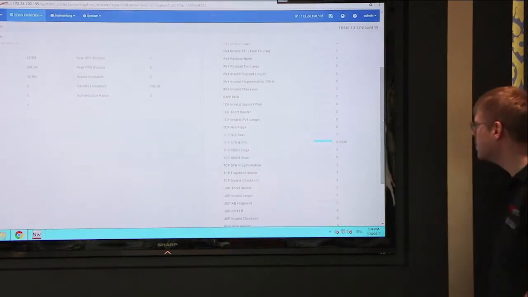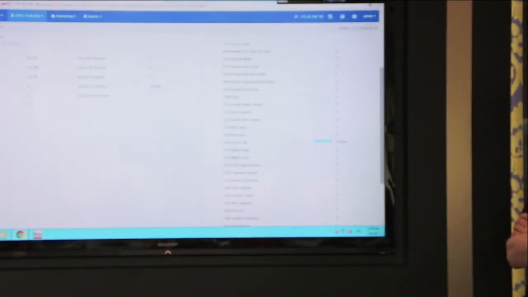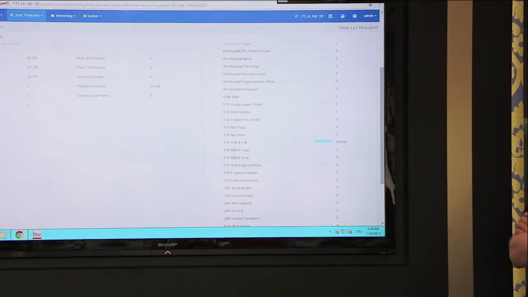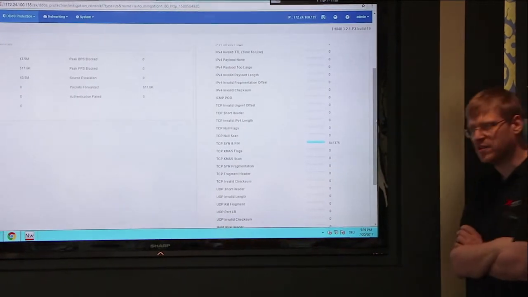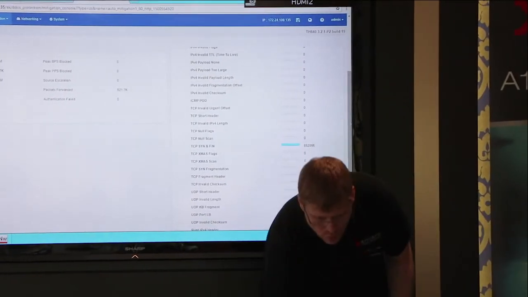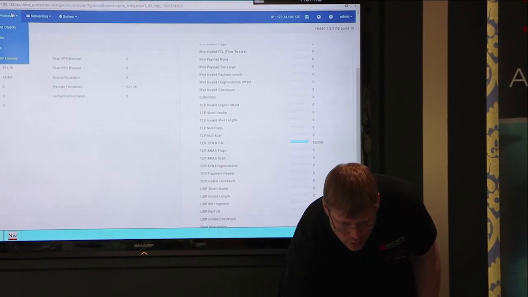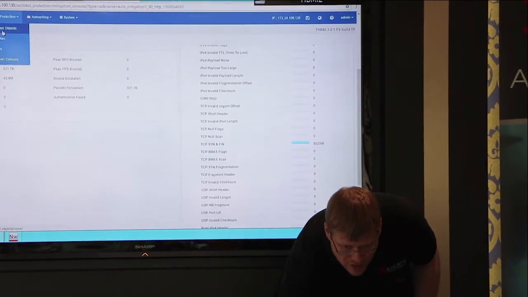It's TCP, SYN, and FIN. Actually, we are sending packets with both SYN and FIN set in the layer. That's traffic you will never see in a real-world network. So the A10 is dropping that right away. And while we're at the A10, I will just quickly